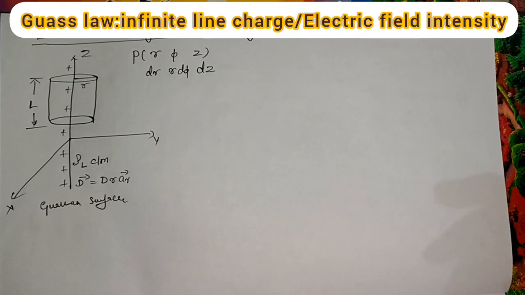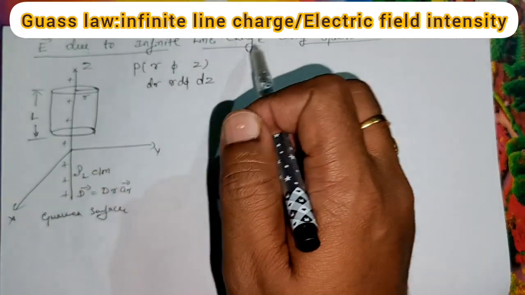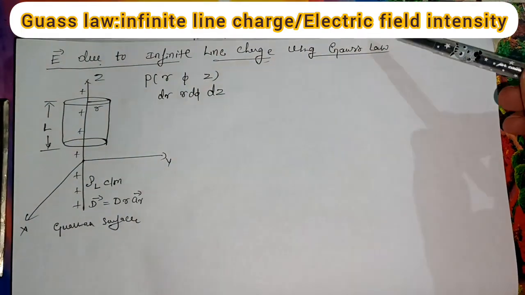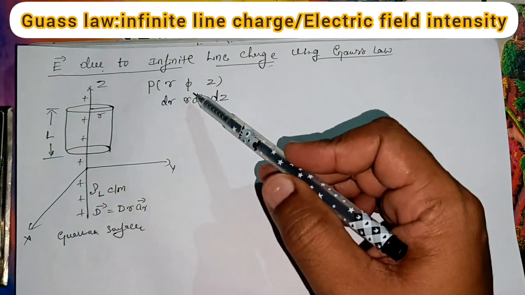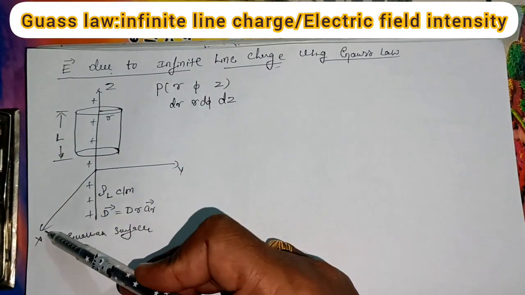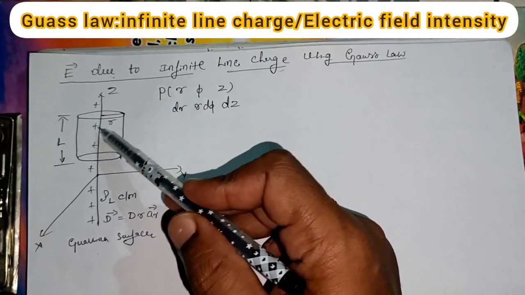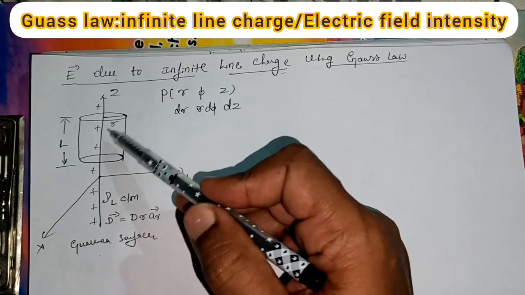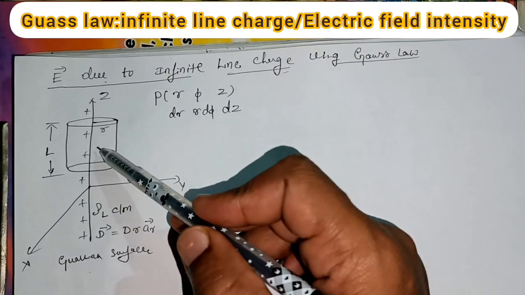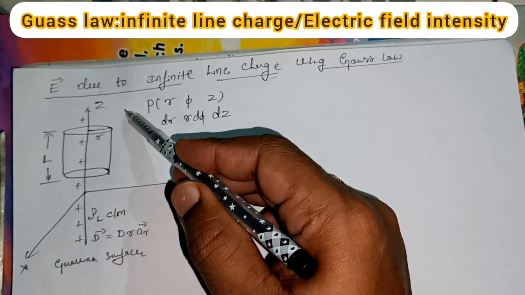Okay, we will discuss electric field intensity E due to infinite line charge using Gauss law. So here, we will consider the infinite line charge on the z axis. So this is the x, y and z axis. Here we will consider a Gaussian surface which is closed and has a radius r. So we will consider this as a cylinder